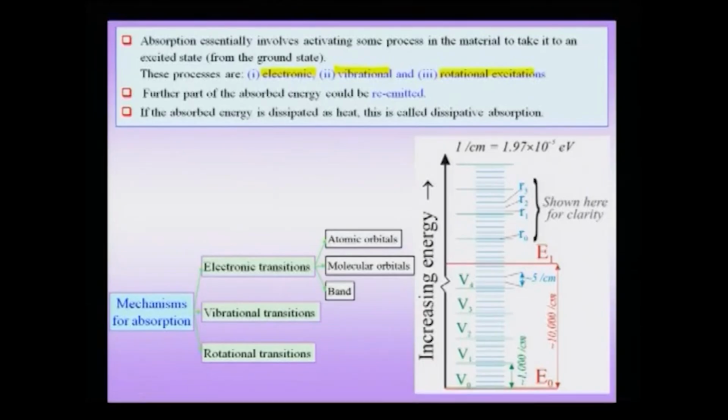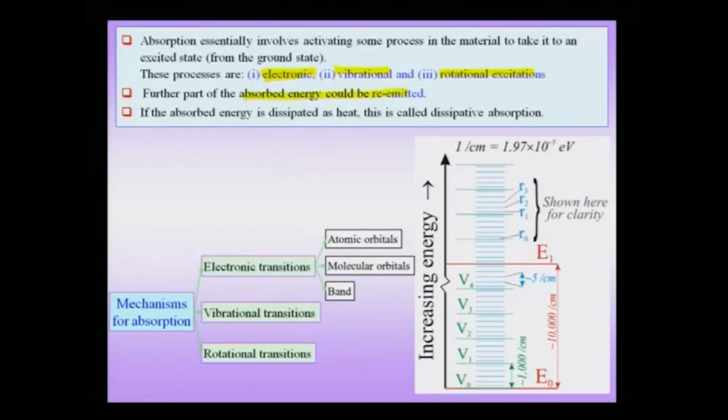If you are talking about, for instance, phenomena typically like an electronic excitation, which can also take place if there is a critical amount of frequency available, then this absorbed energy could actually be re-emitted when the system relaxes to the ground state again. And finally, of course, we have to note, as we have noted before, that any absorbed energy is finally dissipated as heat, and this is called dissipative absorption.